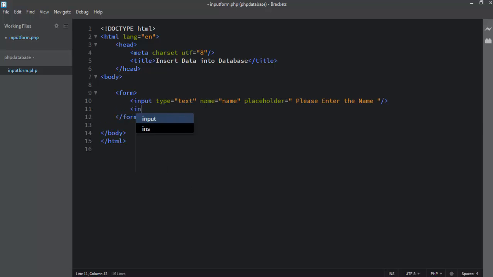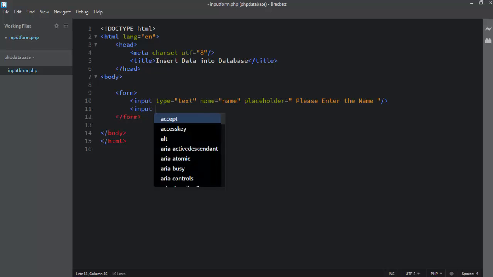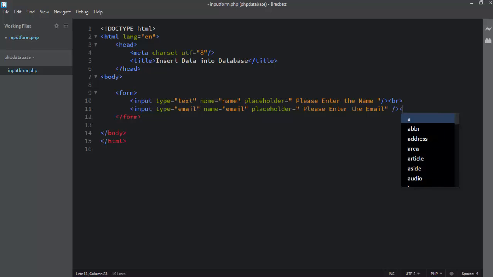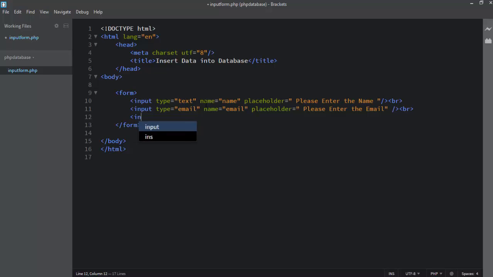And then I use BR tag, email, and name email, and placeholder, write the placeholder. But after closing this input text field, I write the BR tag, and after the BR tag I write another